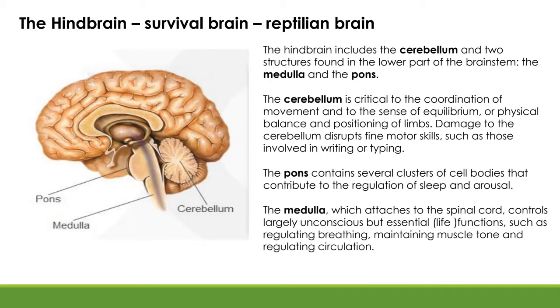The pons, a small little area of the brain, has several clusters of cell bodies, and it plays a role in our sleep regulation and our arousal. So that's what the pons does. You're starting to see that all of these little pieces of our brain work together to impact on behavior. And one of the things we look at around consciousness when we move on to the next chapter is sleep and arousal cycles and that kind of thing. And that's where the pons comes in. It's regulating our sleep and arousal patterns.